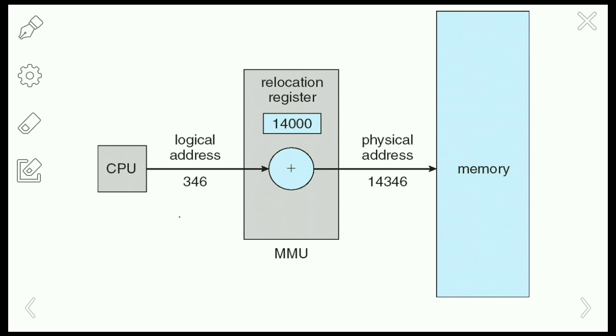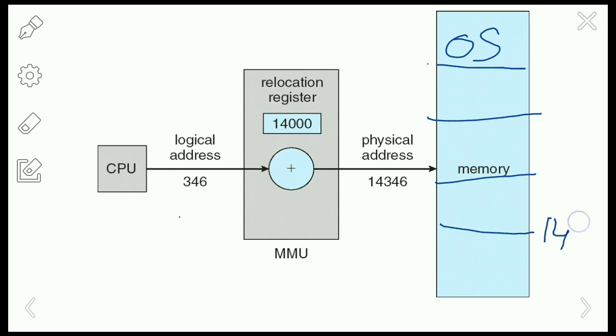What is meant by a relocatable address? It is an address that is to be adjusted to reflect the place into which a program is loaded for execution. So it depends on runtime considerations here. Here the relocation register is taken as 14,000. That means some part of memory will be filled with the OS, and in the remaining part multiple jobs will be executing, right? So all the jobs are filled here, up to 14,000.